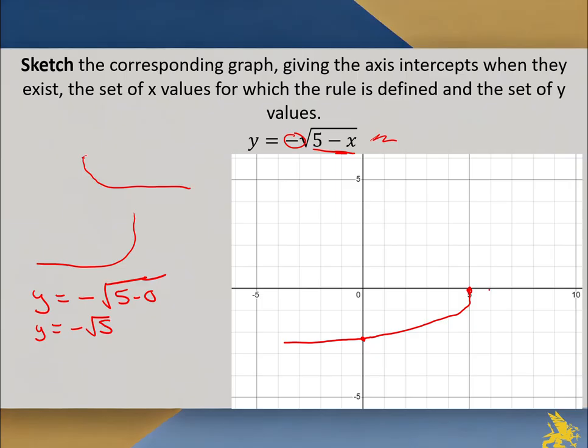I'm going to make sure I label my 2 points. So my first point is when x is 5, y is 0, and the second point is when x is 0, I've got negative square root 5. I do encourage you to write your points as